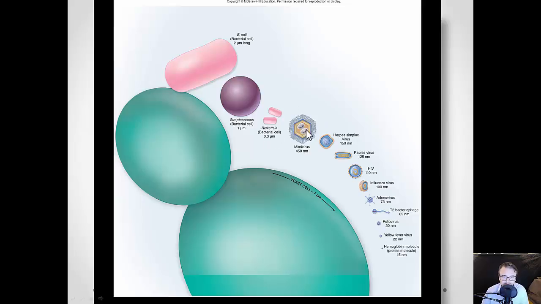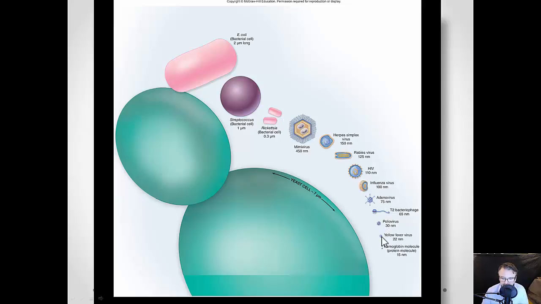And if we look at the size comparison, it's along the same line as the smallest bacteria. And to be fair, this one's getting close to the size of an average bacteria, somewhere in between there. But that's an exception to the rule. Now, we look down here and we see some other size viruses, and these can be similar in size, but we see that they get smaller and smaller and smaller. So they're typically always smaller than your average bacteria, and they can get really tiny all the way down here